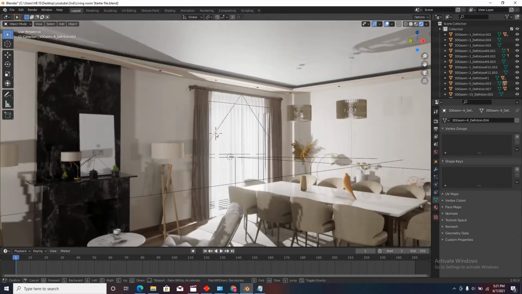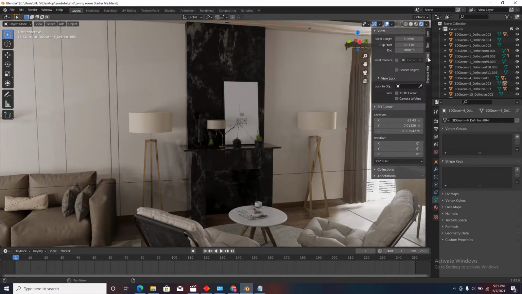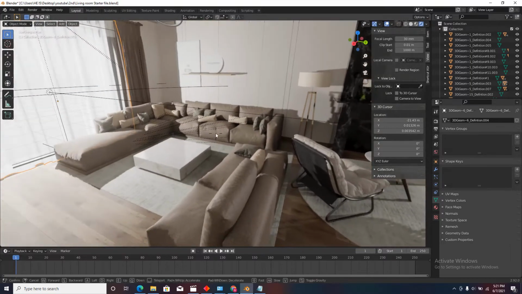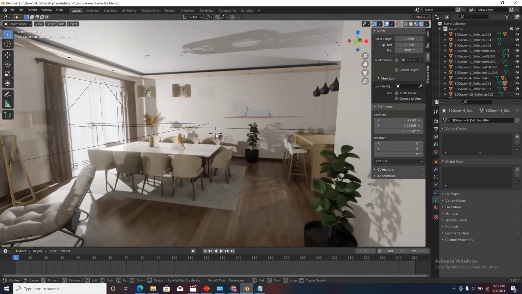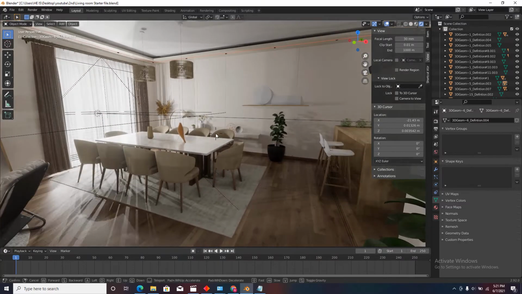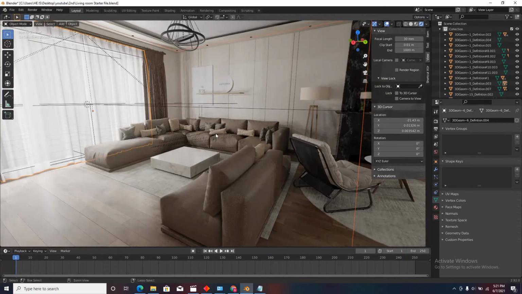But as you can see, let us press aim and press go to view. So if you go to view, you can see the focal length is 50. If I change to 30, now I can see a more wide angle view of my room. I think this is better, right? Since we are working right here, we need a better angle of our room, right? So I'm going to press Ctrl S to save it. It's going to take some time. And then after that, go to